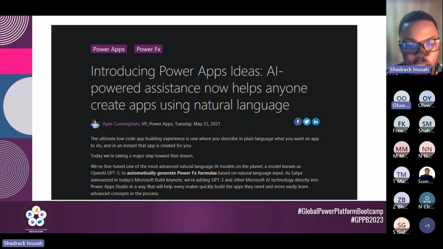Even in Flow, now you can describe a flow and it will be built for you. You don't need to build it from scratch. You can just describe, I want to do this and that, and it will be built for you just because it has been implemented with the AI. Power Apps has the ideas option where you can just tap on it and the ideas will help you prepare, just like it's in the PowerPoint presentation. You have ideas where you pick and the AI just automatically develops your presentation for you. It's just the same thing in Power Apps as well. So it has been integrated in the Microsoft 365.